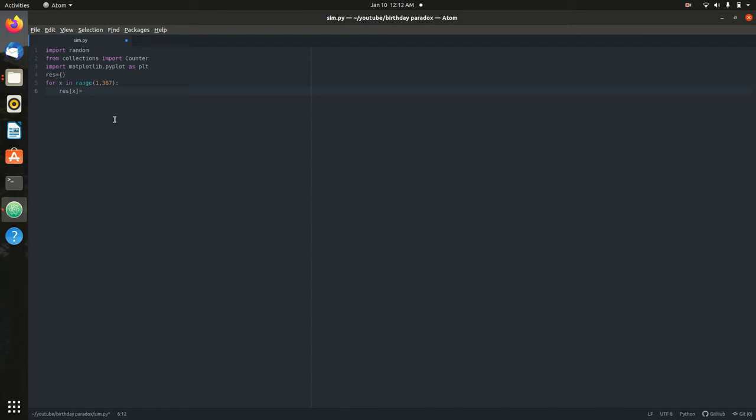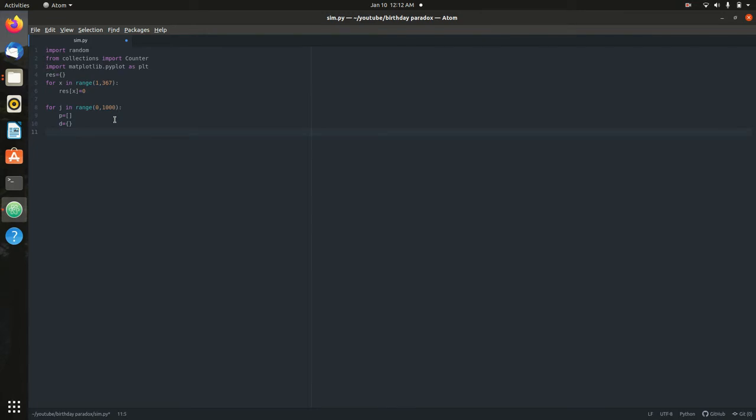Initially, we'll keep the counter at 0. Now we'll move on to the main part of the program, another for loop, and this will run the number of times we want to simulate the paradox. For example, we are going to do it 1,000 times. Now here we are going to have an array P and another dictionary D.